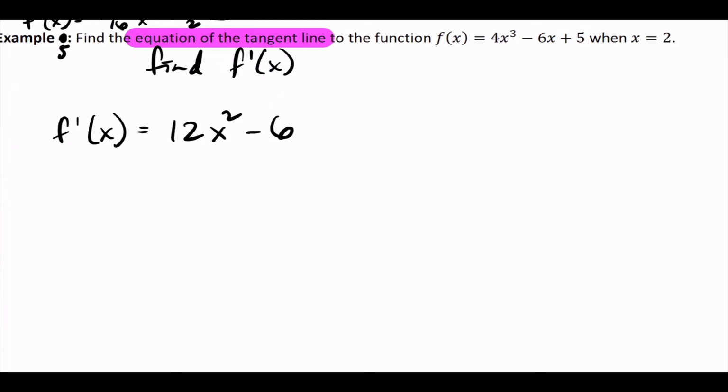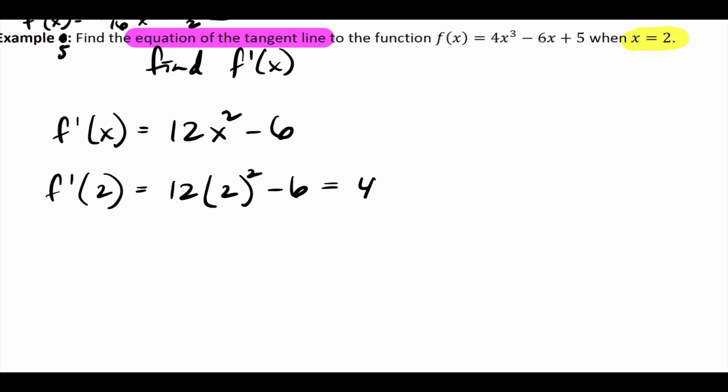The derivative is a tool. It's going to help us find the slope, right? So to find the slope, I have to plug in that guy. Okay, plug in 2. 2 squared is 4, times 12 is 48, minus 6 is 42. Okay, so the slope,